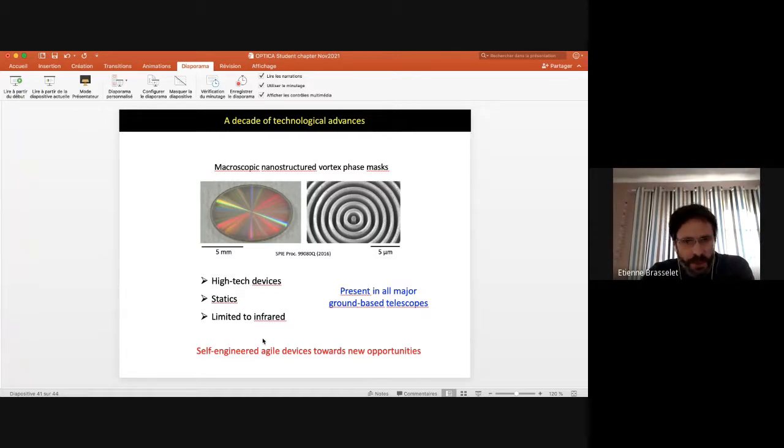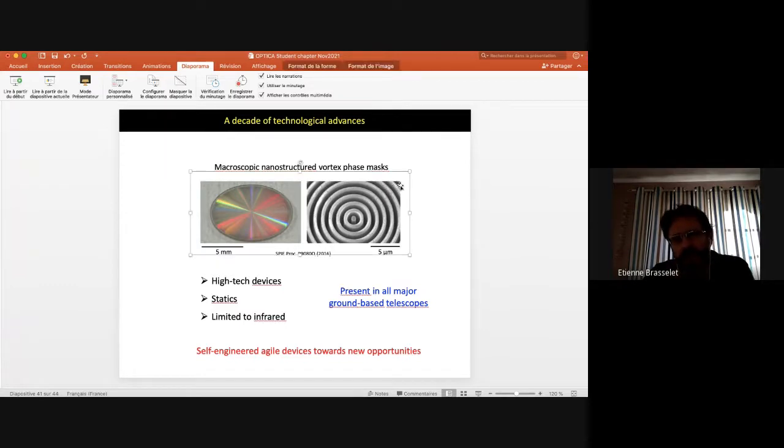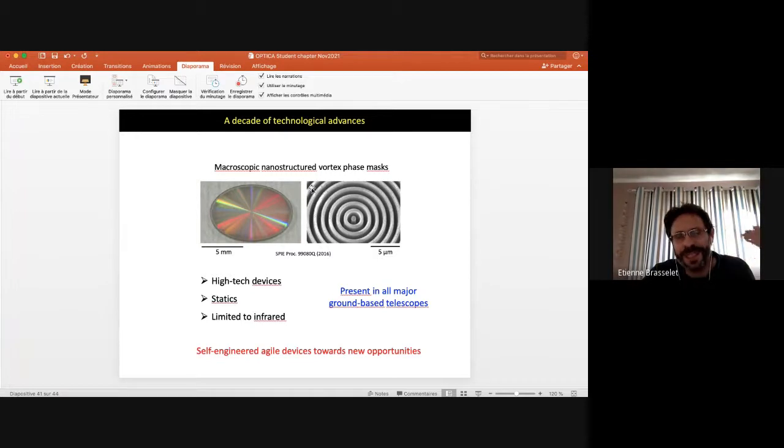And those elements, which are centimeter diameter, are diamond nanostructured plates. So you see the macroscopic version of it, and the microscopic version of it. You recognize arrays at the sub-micron scale. So this is working for the infrared. And for the infrared, such a sub-wavelength structuring is inducing a structured birefringence, which is tuned to be a half-wave plate. And you recognize axis symmetry, which is the signature of the topological charge of the material structure Q = 1, that will generate via spin-orbit interaction an optical vortex of charge 2, the very vortex we need to implement